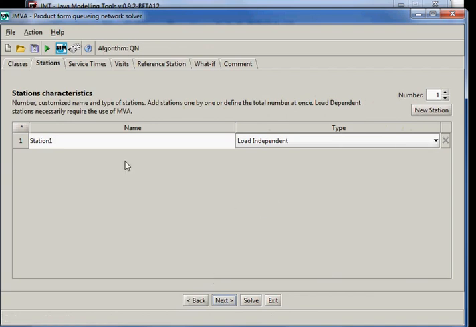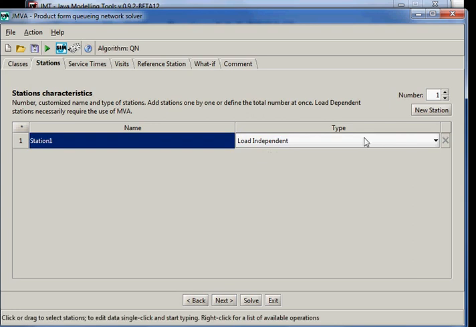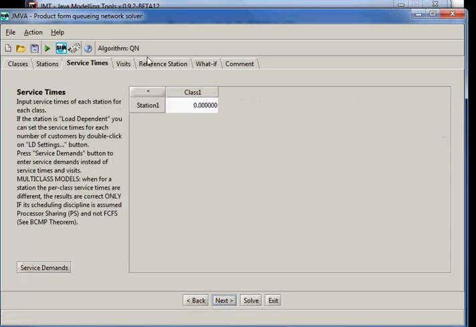The next parameter is the station name and the station type. Type is queue, because we have the possibility to select a delay or queue. Queue is load independent since the model is open. That means that the service time is independent of the number of jobs, the number of requests that are in the station. The next parameter is the service time, so we have 0.1 to select,